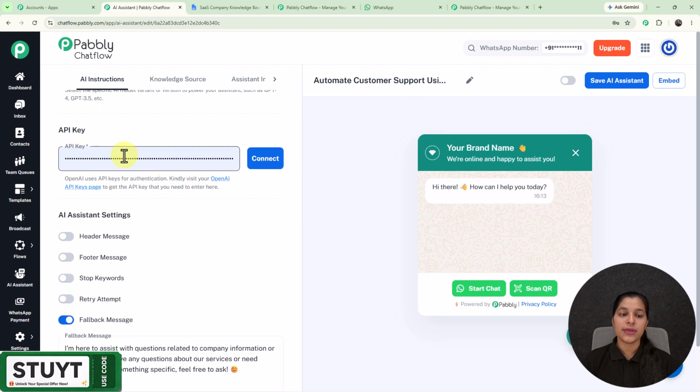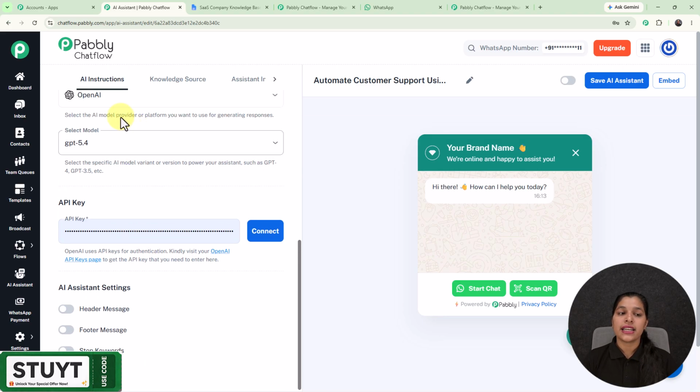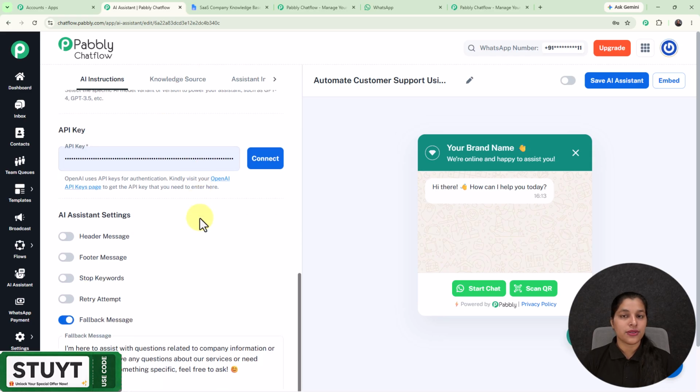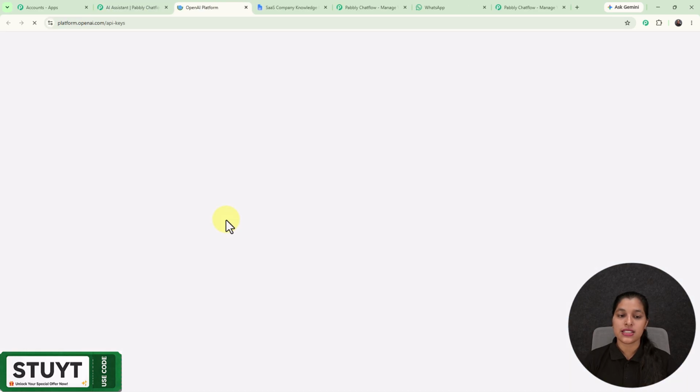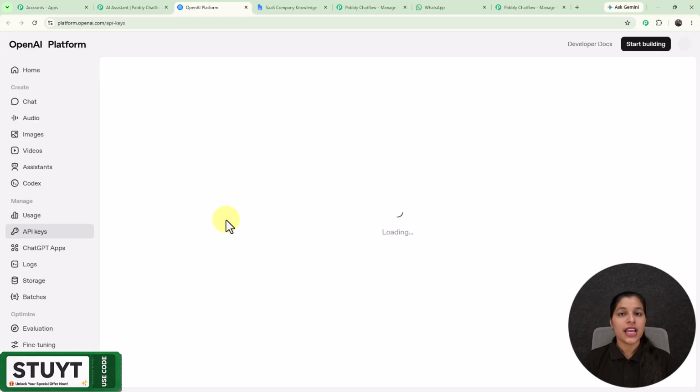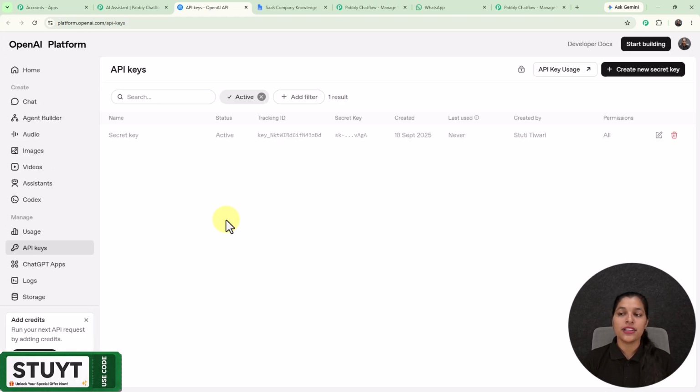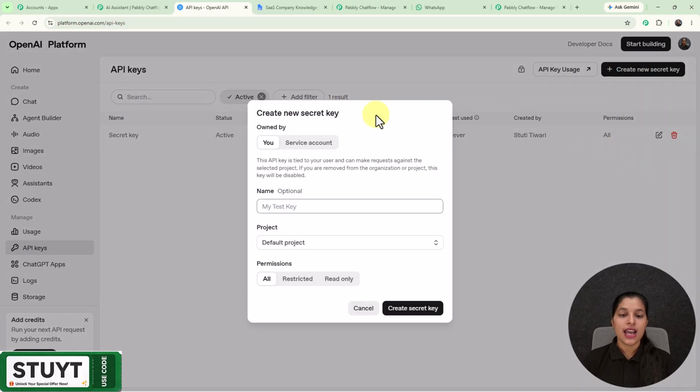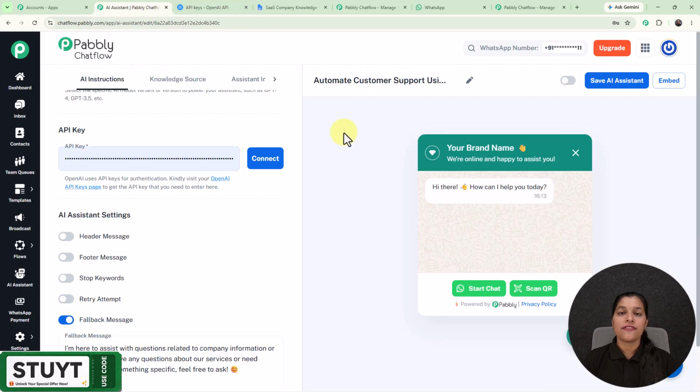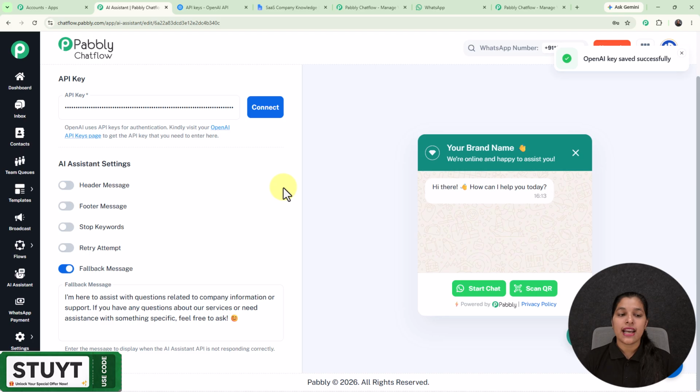Now here we are on this API key section, where you have to enter this API key for building the connection between OpenAI and Pabbly Chatflow. And for getting it, you have to visit this OpenAI API's key page given over the help desk. And right here we are on this page, where you just have to click over this create new secret key button, and here you have to provide the name and the project name and click over this create secret key, and your API key will be created if you are using a paid account. Now let's click over this connect button,